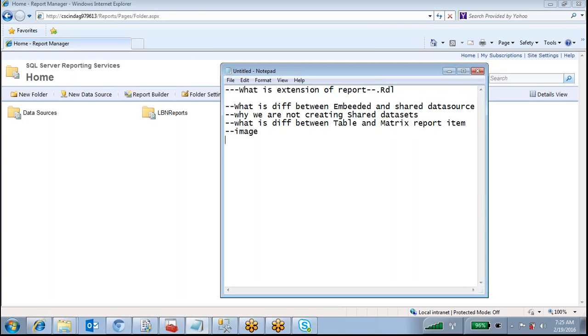And rectangle, text box, all these report items you have to know, and the charts. The next one is different kinds of reports, and before that, parameterized reports.